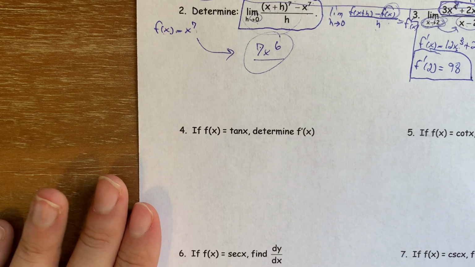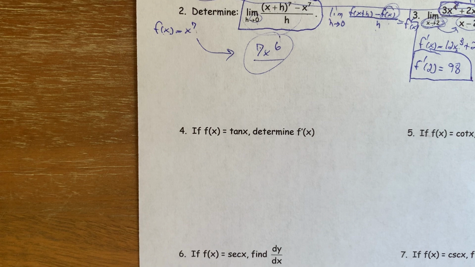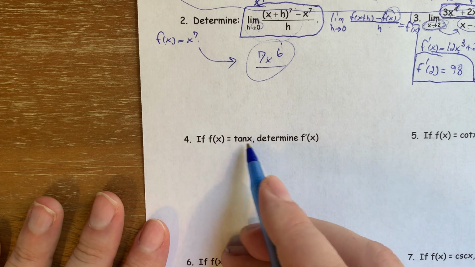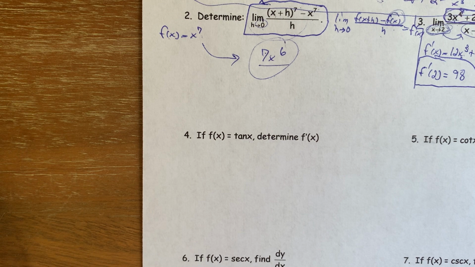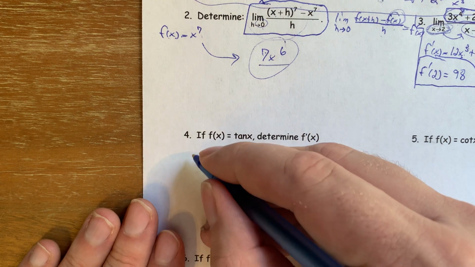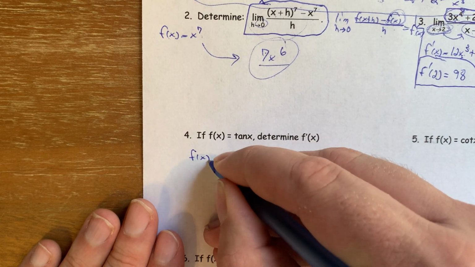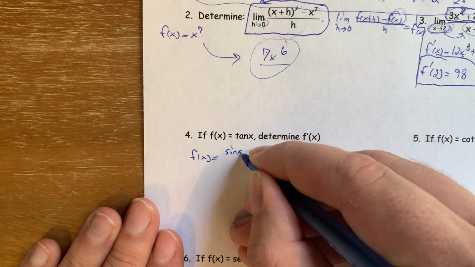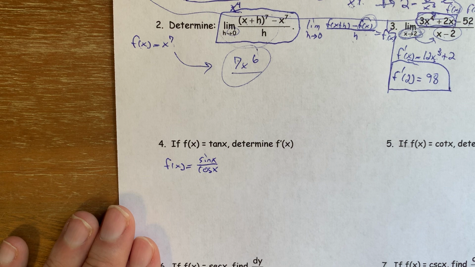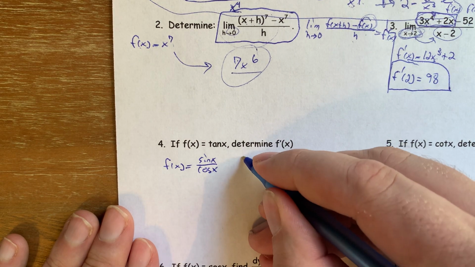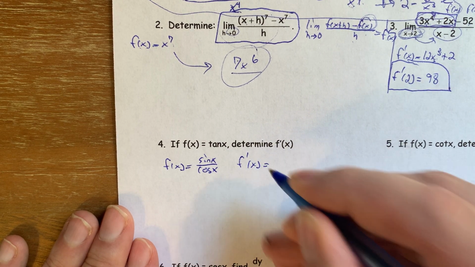All right, moving back to our warm-up, I want you guys to try to do this on your own. If f of x equals tangent of x, determine f prime of x. What was the technique we used in our warm-up? Well, hopefully we remembered that we rewrote tangent of x as sine of x over cosine of x. And now we can use the quotient rule on it. So the derivative is equal to